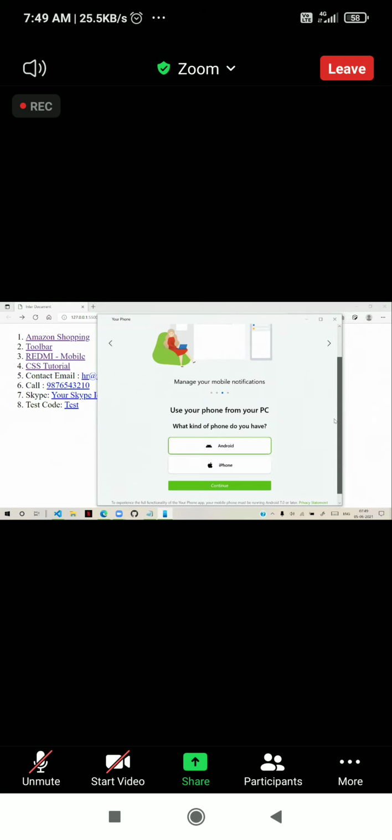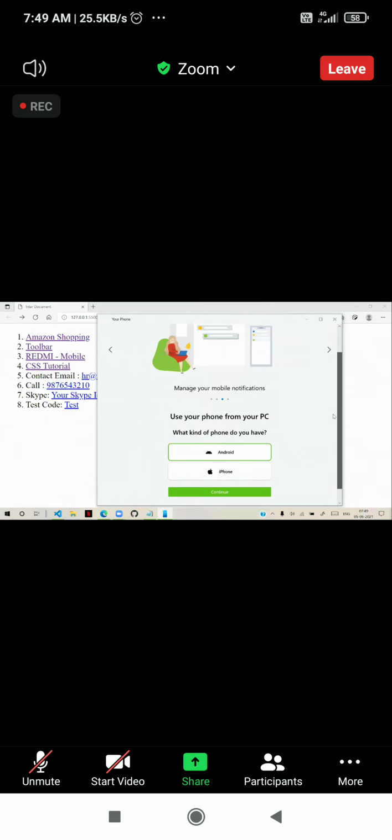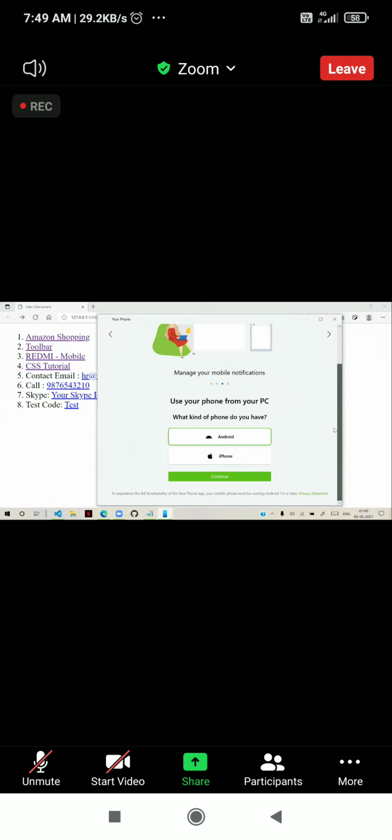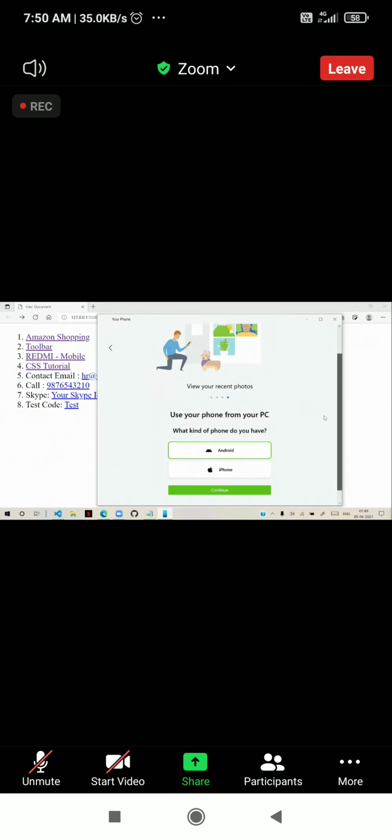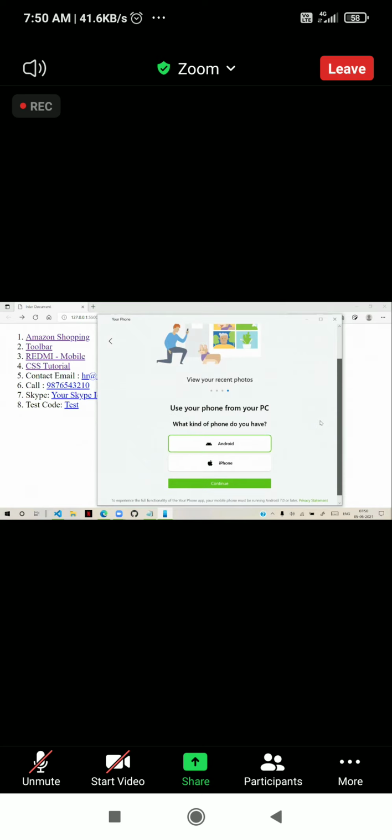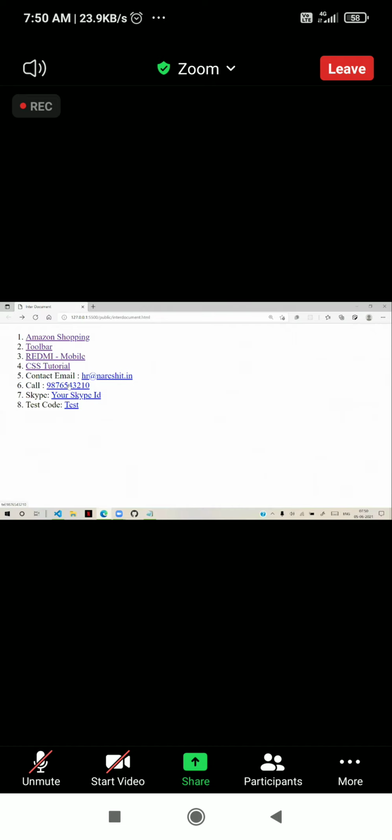You can get the notification messages and calls directly here on the phone. This is a phone app. Otherwise, if you are using mobile, the phone dialer will open automatically so that you can make a call.